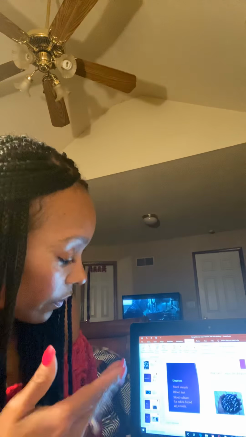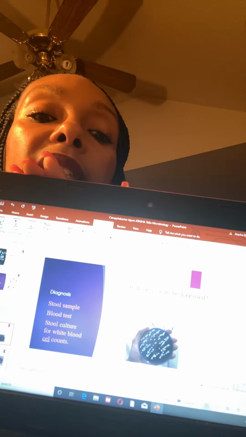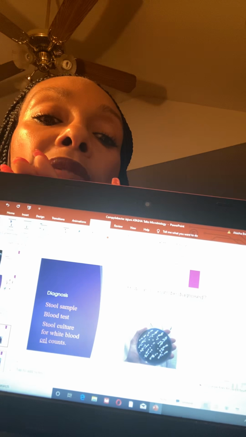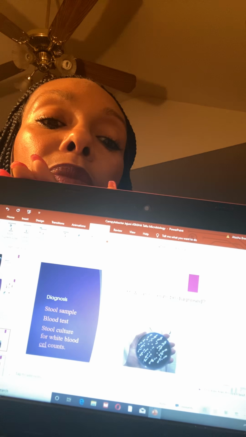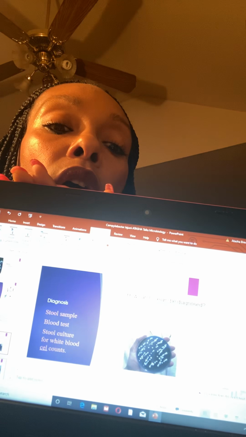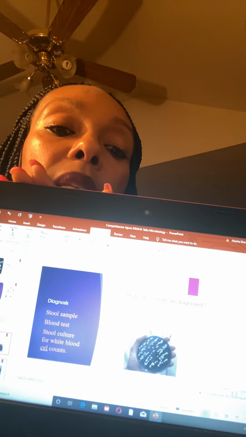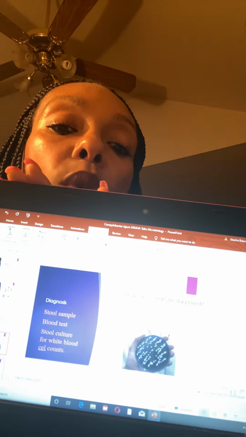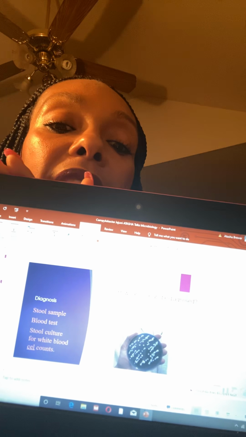How am I diagnosed? How is gingivi diagnosed? Well, they take a stool sample and they place it on agar. They inoculate the agar, it's chocolate agar, with the microorganism, and then they watch it grow, and then they're able to tell you what's going on here. So it's a stool sample. They also test your blood for